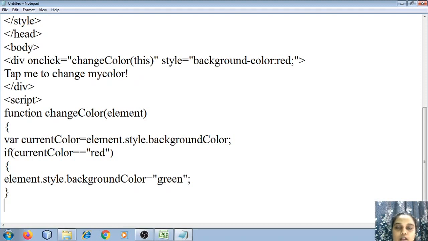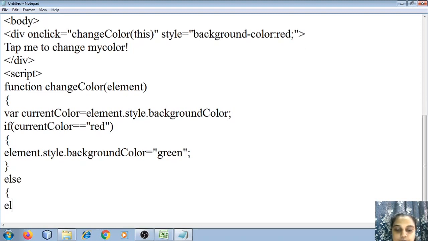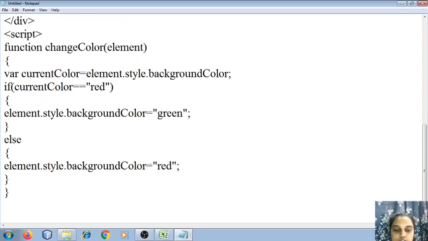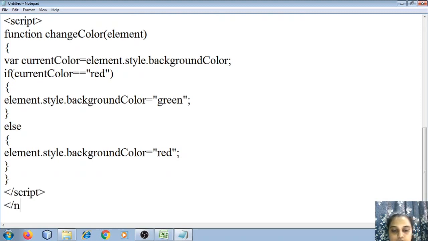Okay, now what if it is not red? Then I need to set it to red. So else, element dot style dot background color is equal to red. So if it is not red, I want it to be set to color red, and then I close the script tag, body, and then the